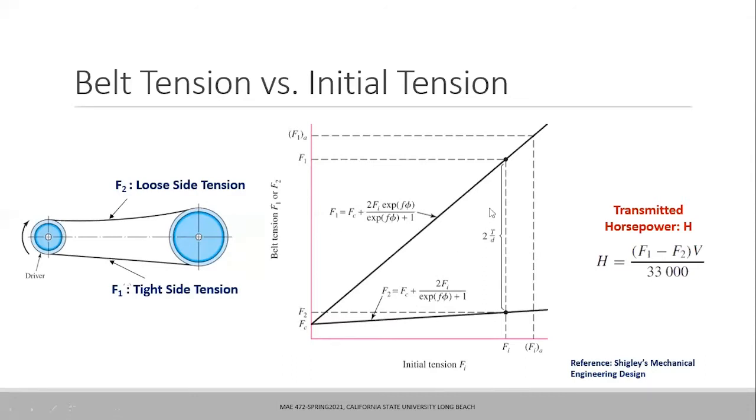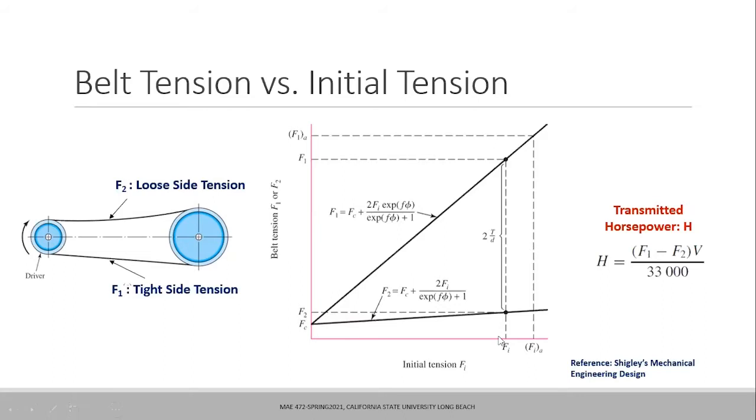You cannot keep on increasing this, because after a certain point the belt will just snap, because the belt is a material that has certain elastic properties and certain strength. After a certain amount of stretching, it actually carries a certain amount of load, which is represented by F1 allowable. A stands for allowable, from the manufacturer's value. So after the gap has increased to this much, where the belt tension has become equal to F1 subscript A, after this point the belt will just snap. The belt will not carry anything, the belt will break.